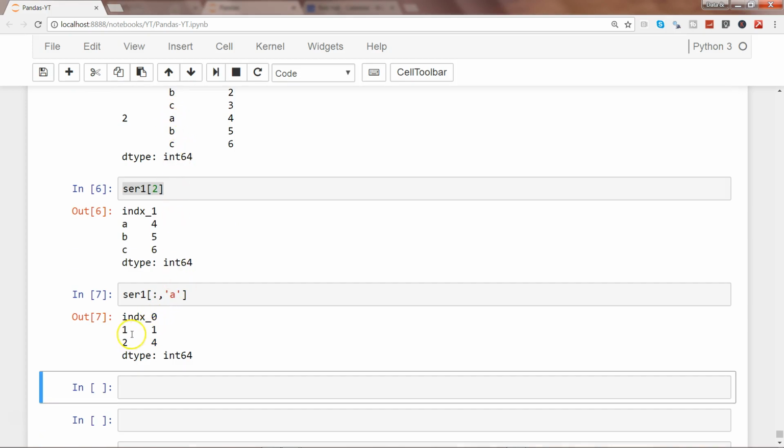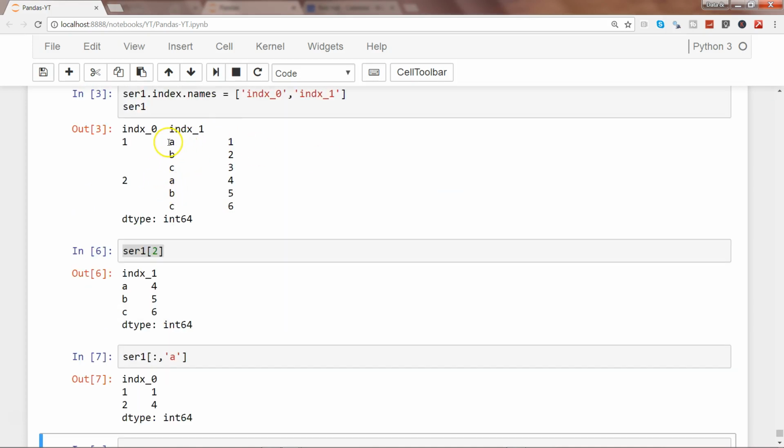So first, if I go a little bit up, the first a value is 1, the second a value is 4, and that's what you are getting: 1 and 4 for the index a. So this is about accessing the data based on the index levels or index names that are present for your series.